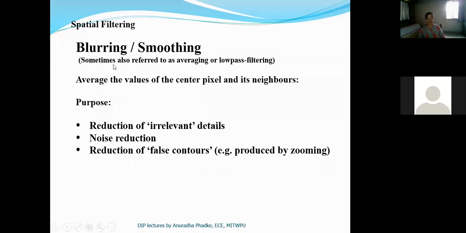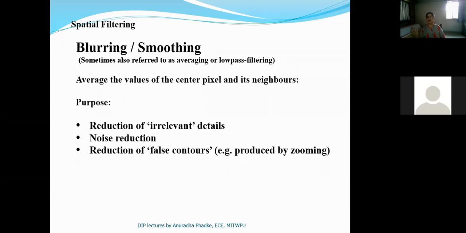Then the third application of spatial filters is reduction of false contours. Whenever we capture an image with a low resolution, we need to zoom the image to reconstruct the original size image. During this zooming operation, there is a false contour effect.